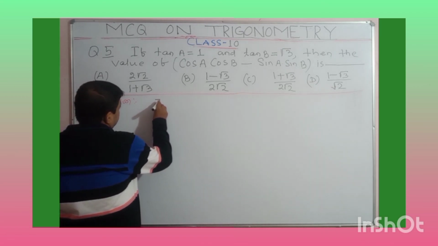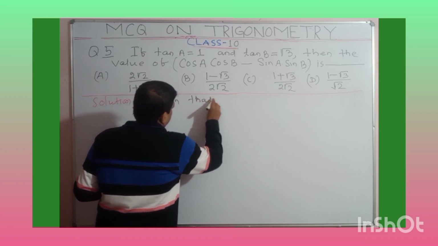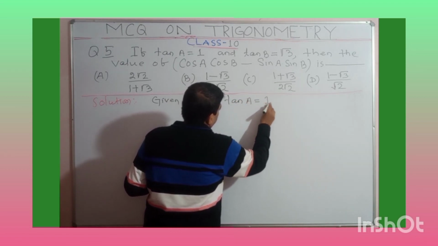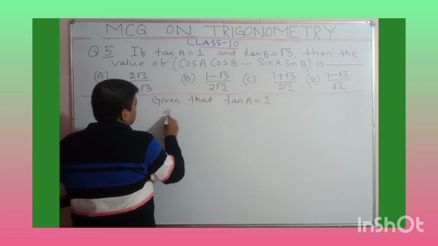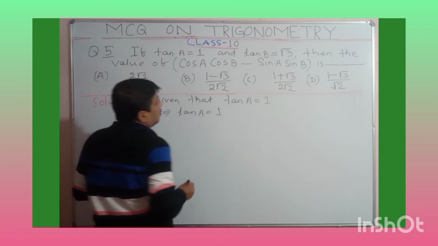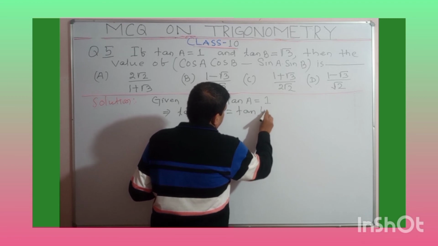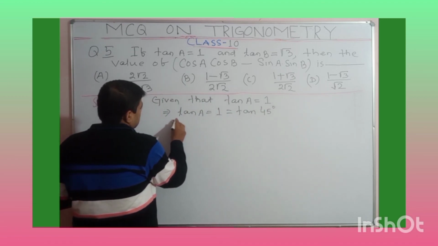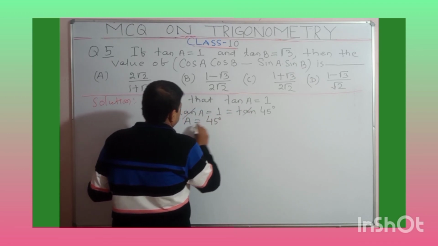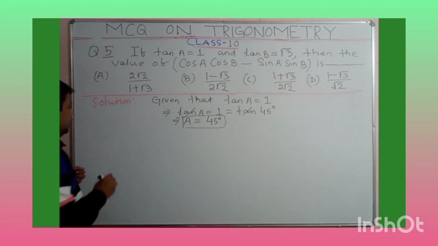So first of all, you see given that tan A is equal to 1, understand or not? So that implies tan A is equal to 1. Okay, and you know the value of tan A means what? Tan 45 degree. That implies A is equal to 45 degree. Tan can be cancelled, so we got the value of A is 45 degree. Very simple. Okay. Similarly, tan B is given